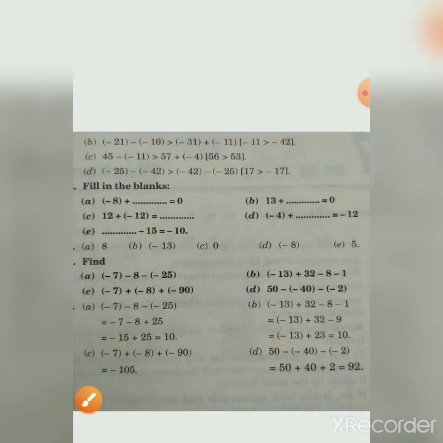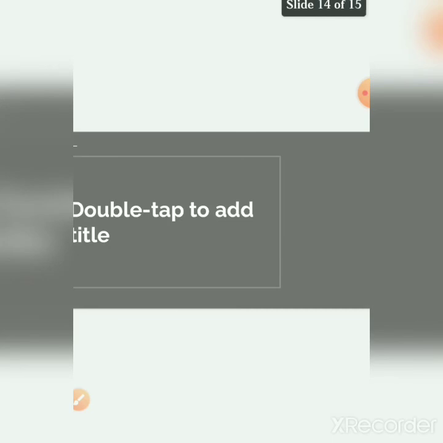Same way, I hope you can complete the exercise. It is very easy. If you will practice the chapter number 6, it is very easy, very interesting. But what you have to remember is that plus plus is plus, so if there are two plus numbers we will add the numbers. If there are two minus numbers like minus 2 and minus 3 then we will add the numbers because minus minus is plus. And lastly what you have to do, you have to put the solution with negative or positive sign according to the greatest number sign.